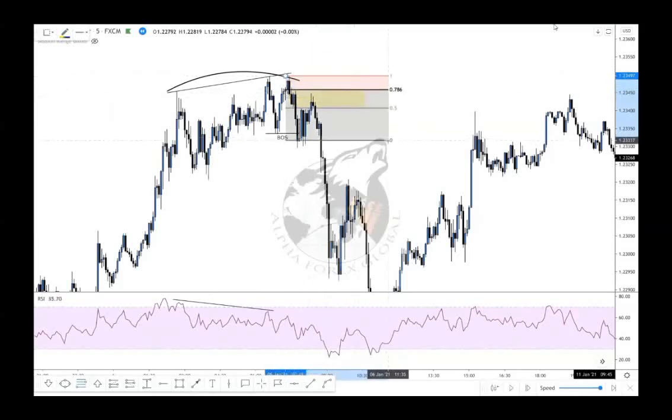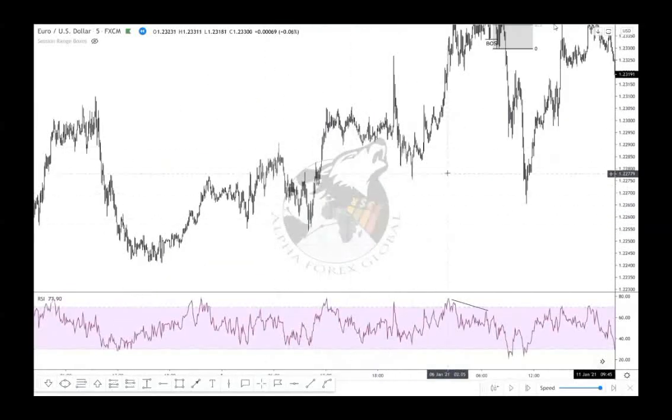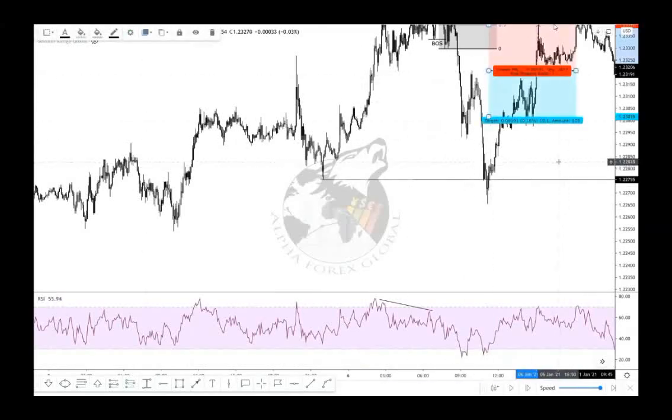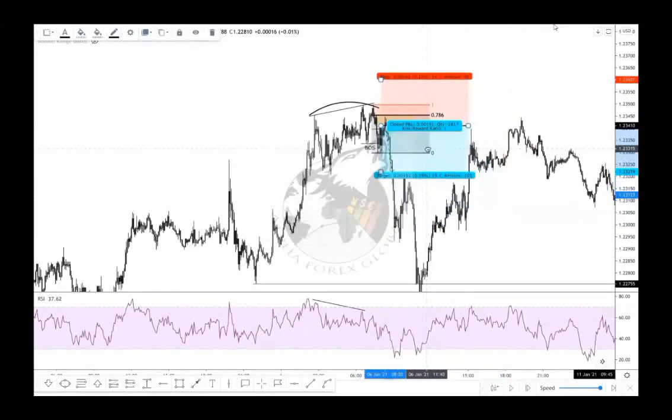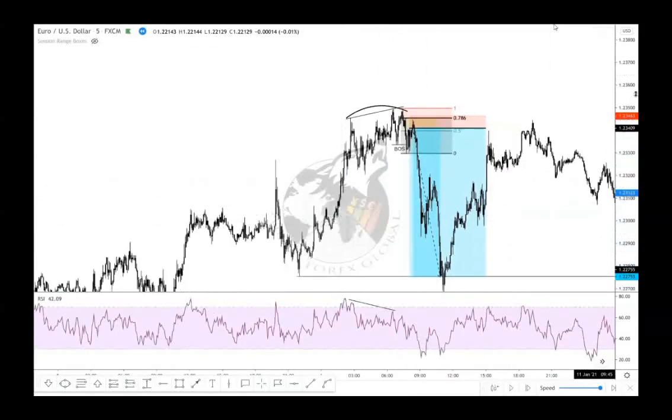Price literally went back to premium price, above the 50, above equilibrium, where there's an order block here, and price went back to that after the market broke structure. Then the first target would be at this low right here. Probably 1 to 14 or so. So 1 to 12, easy 1 to 12. So yeah, that's it for